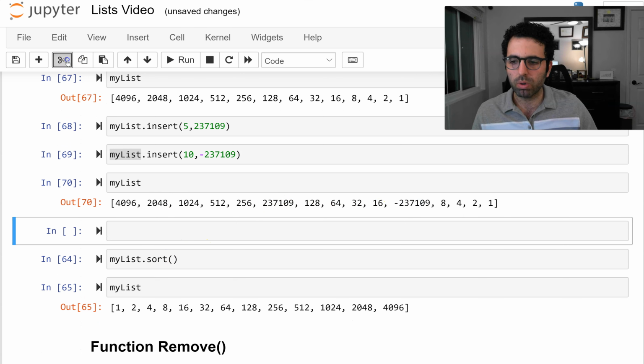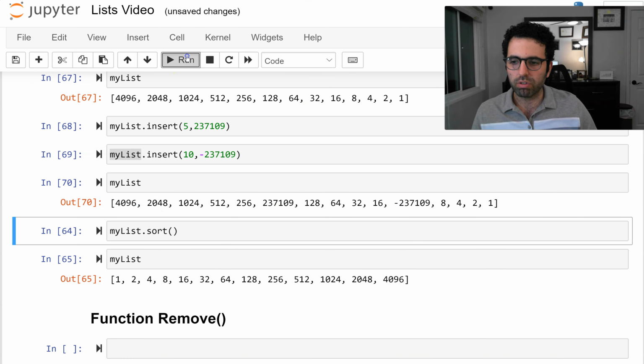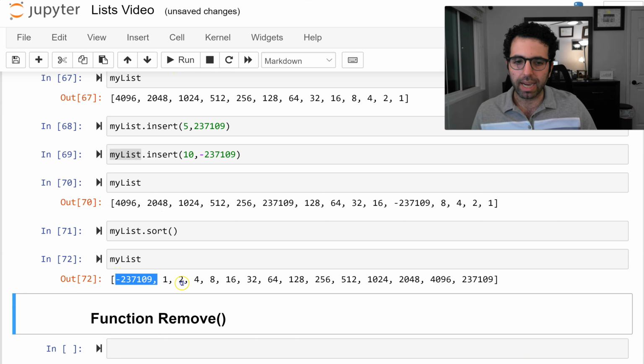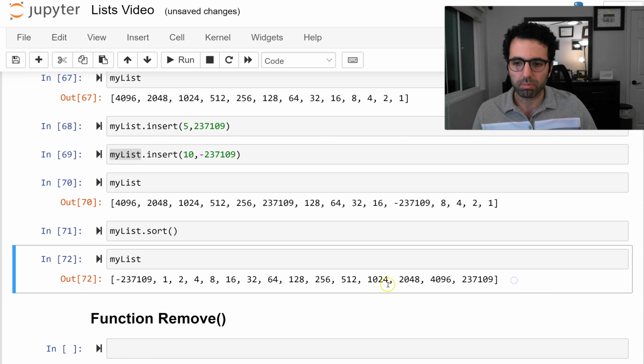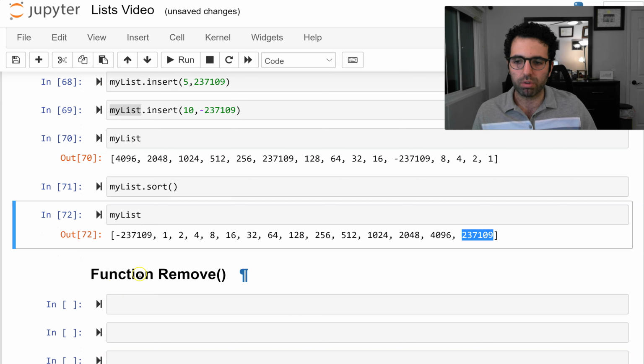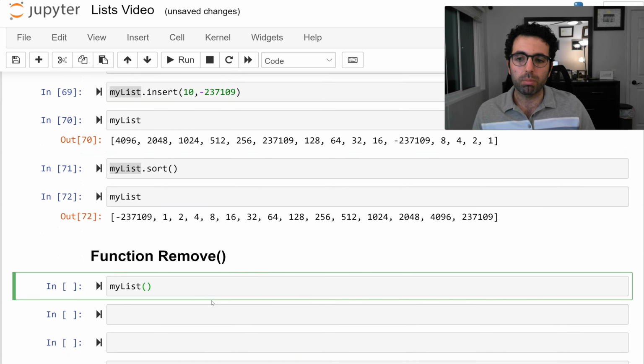Now if we were to use the function sort, you can see that this has been sorted nicely, right? So now we've got some stuff that we don't want. We don't care for these to be here and these to be here. We want to remove some stuff here. So we can use the function remove. We'll be removing